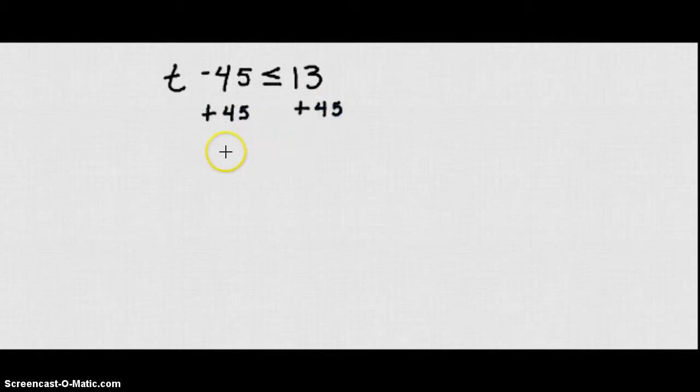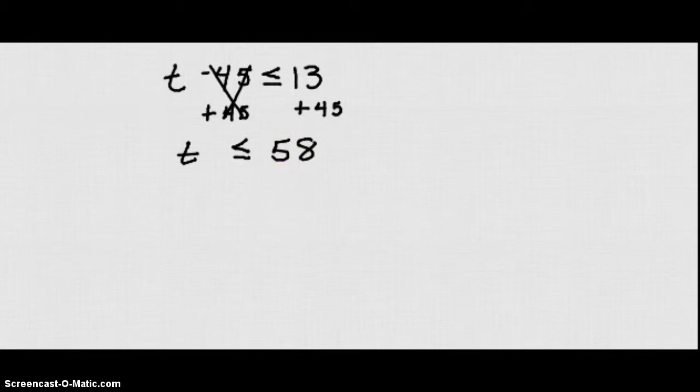Let's say I have t minus 45 is less than or equal to 13. What I'm going to do is add 45 to both sides to isolate that t, just like I would do if I were solving an equation. We would end up with t plus 0 is less than or equal to 13 plus 45, or 58,